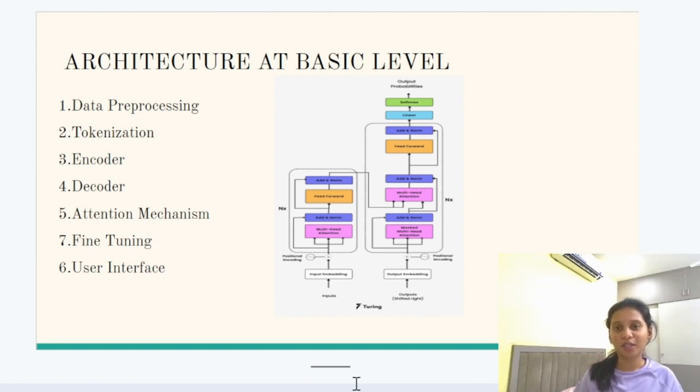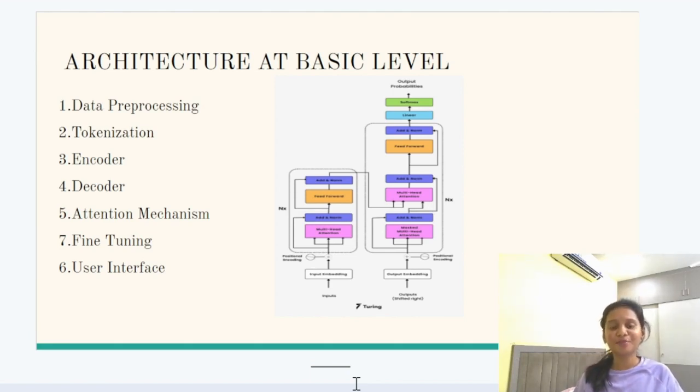So it doesn't store the word in the general language. It stores the word in the form of a vector, so that it becomes easy to map words. And then the output of the encoder is given to the decoder. The encoder basically understands the query, and then the decoder generates the response for the query in natural language.